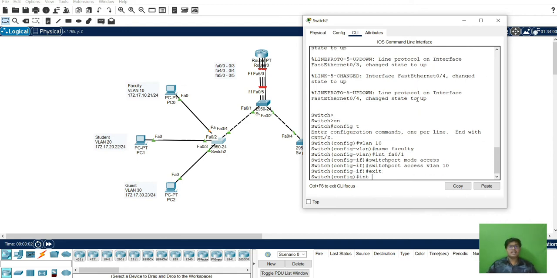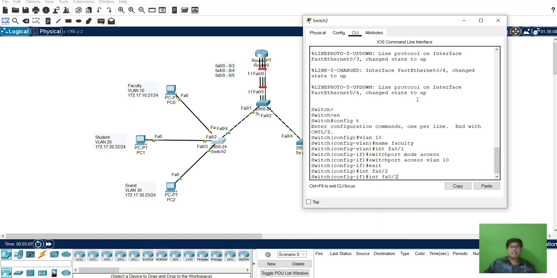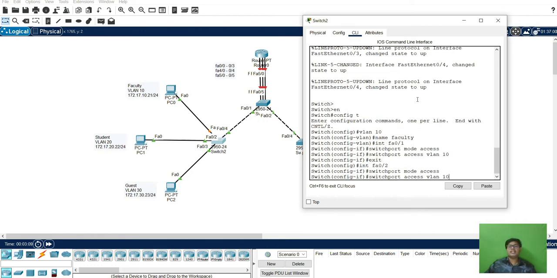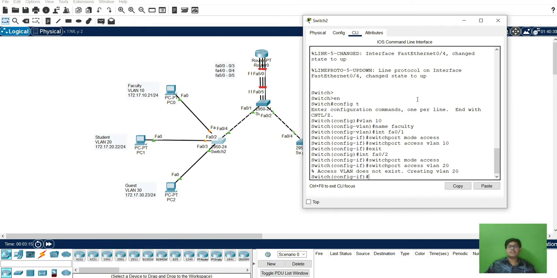Exit. Next fast Ethernet 0/2, switch port mode access for VLAN 20. Oh, sorry,